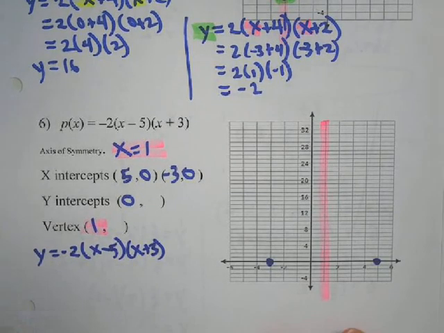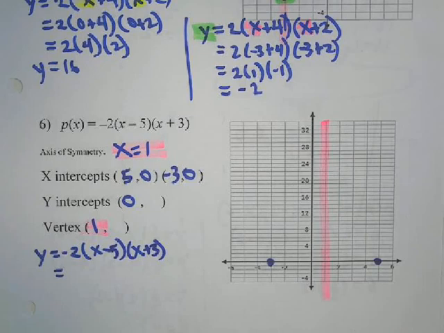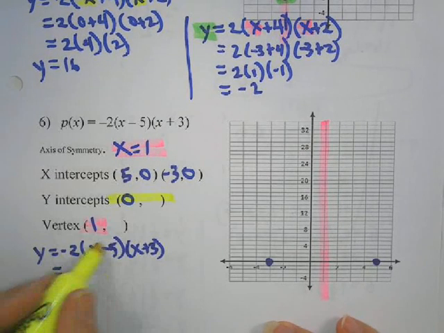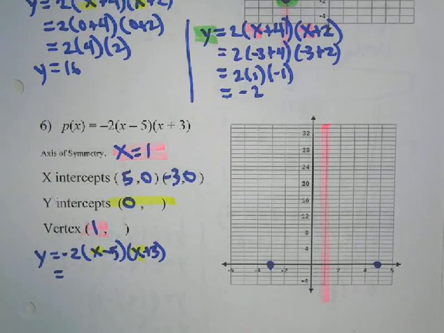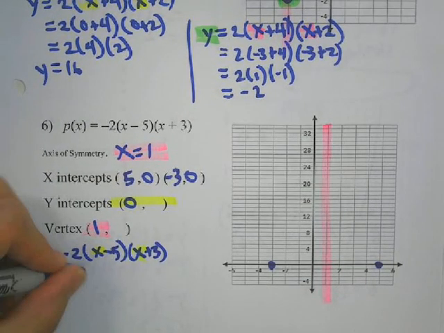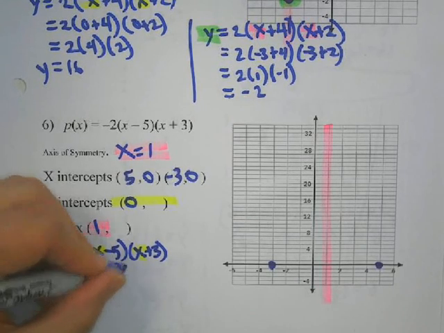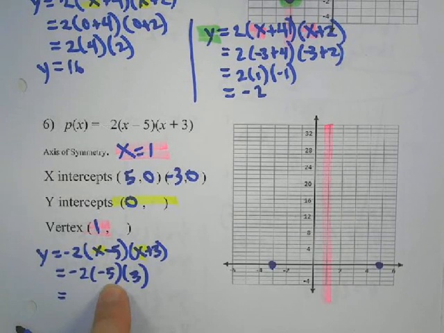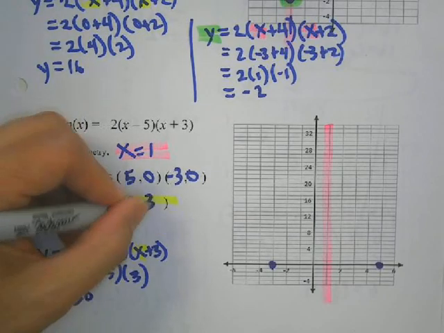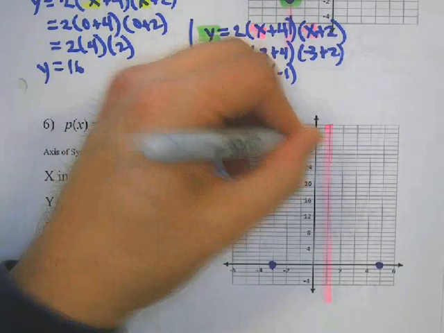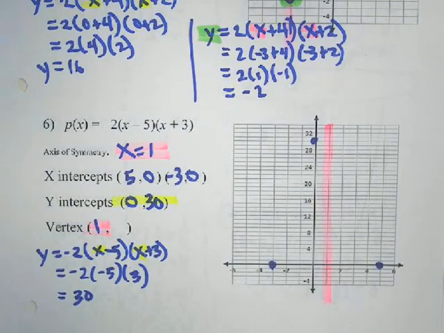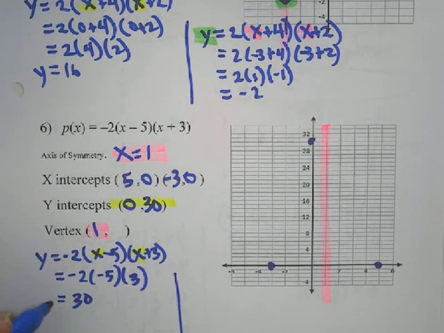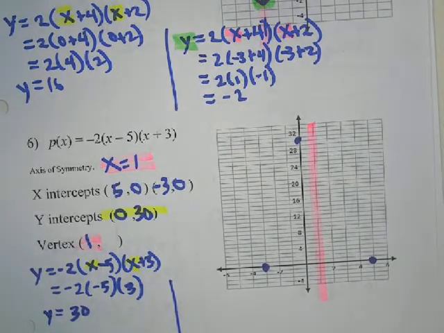So if we're finding the y-intercept, we're replacing x with 0. Negative 2 times negative 5 times 3. And so 2 times 5 is 10, and 10 times 3 is 30. Okay. And then to find the vertex,